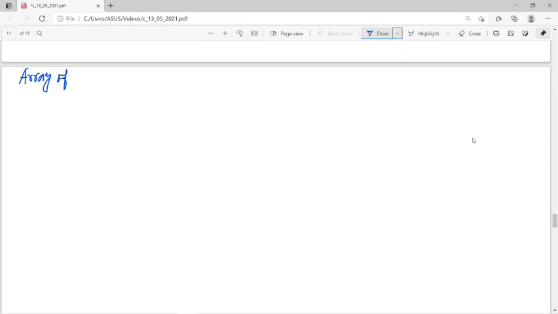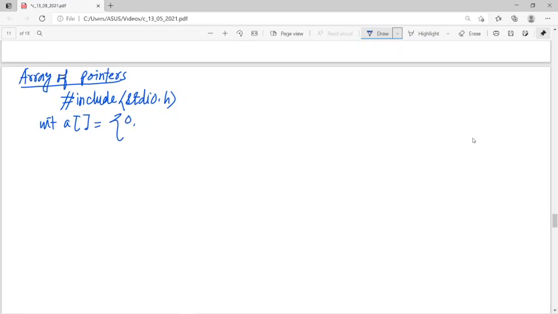Array of pointers, and the thing is that say we are writing like that, and say integer A is given 0 1 2 3 4, and say integer star P, that is also an array, but